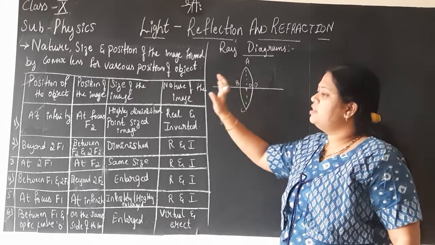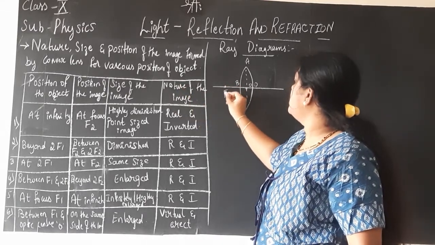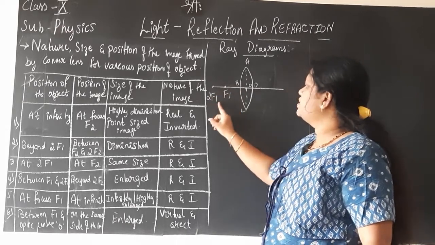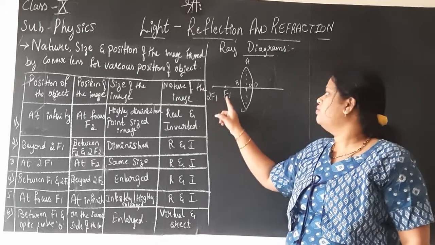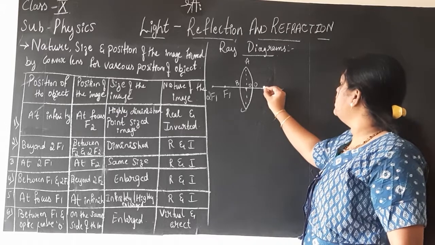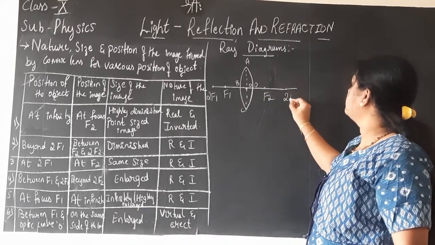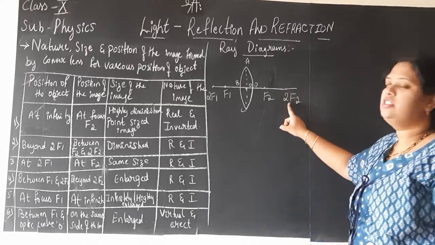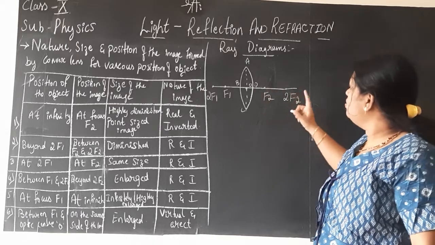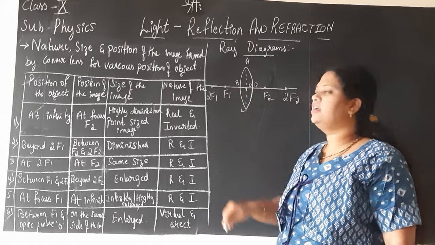So the principal focus points you are getting on this side of the lens are marked as F1, 2F1, the subscript 1 remains the same, children. On this side of the lens it is F2, that is, the second principal focus point will be 2F2, like that. So you may be a bit confused or wondering how it can have so many principal focus points.